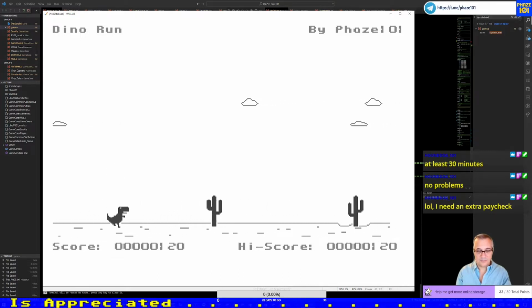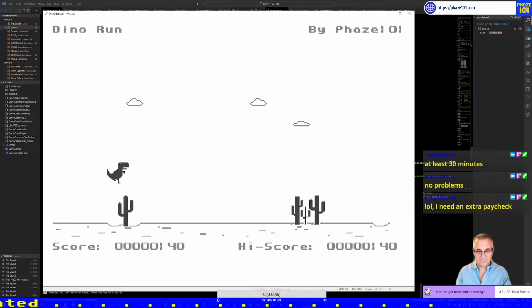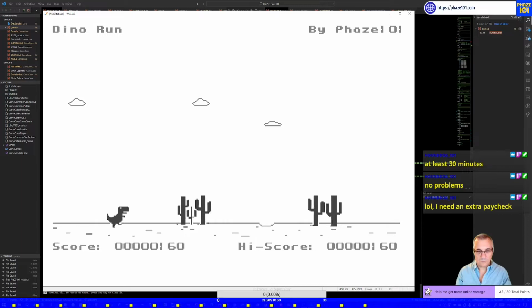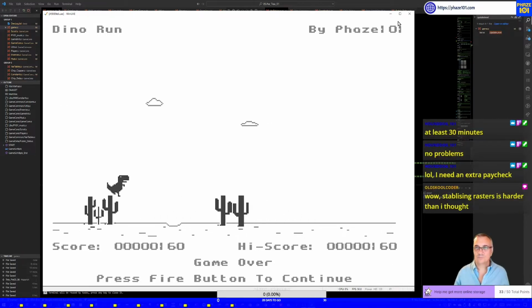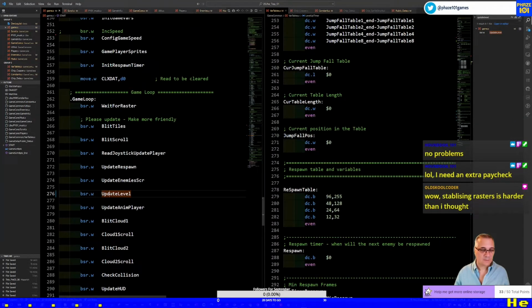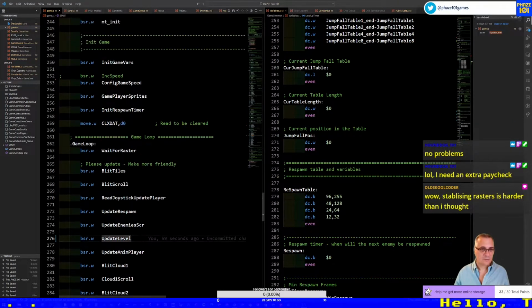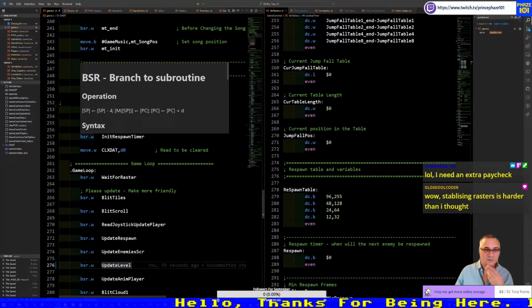Increase in speed now. Not increase in speed. So configure speed needs to be there.